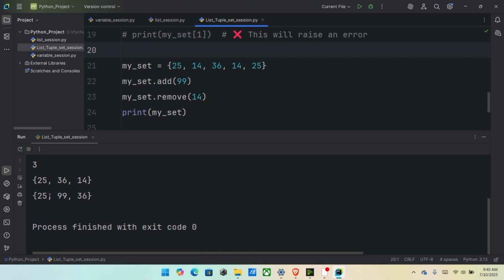And now the set becomes 25, 99 and 36. Sets are mutable. You can change them but cannot access by position.